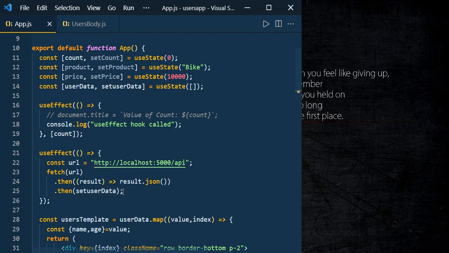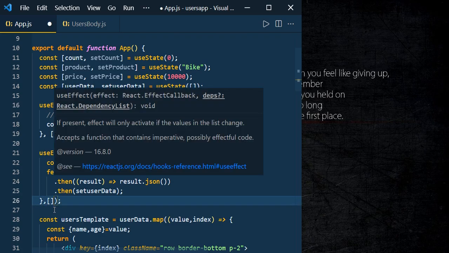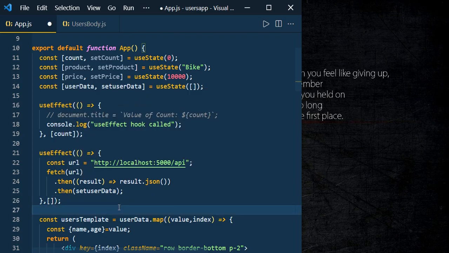We know that use effect will do the state comparison, but in case of an object, it won't compare the content of the two objects, it just compares the reference of the previous object and the new object. Here the reference of the previous object and the new object is always different. That's the reason it keeps on firing. So for that we just add the empty array so that we don't fire it again and again.